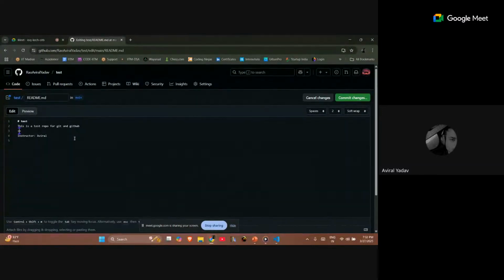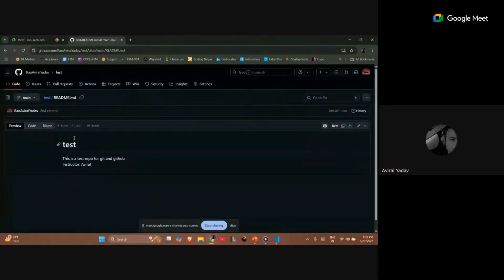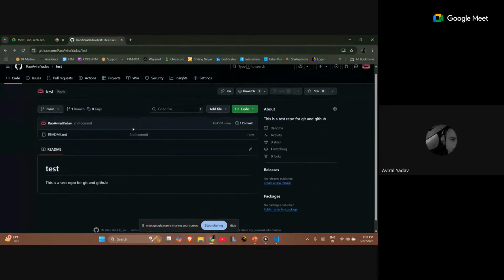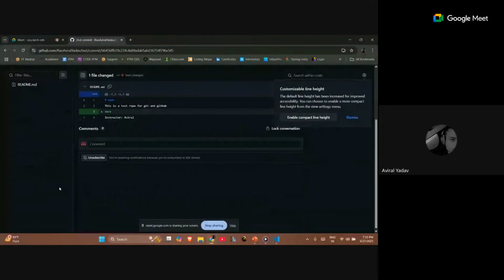And let's just add a BR tag over here, which is used for line breaking. And again, let's commit changes. Let's say second commit. You can see that the name changed to my second commit. Here the icon now shows second commit. My earlier commit was the first commit, and now it is my second commit.